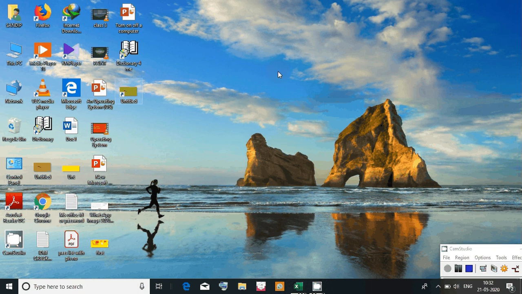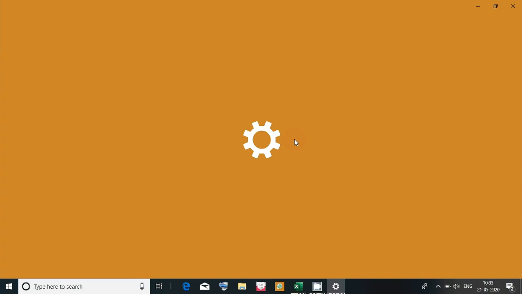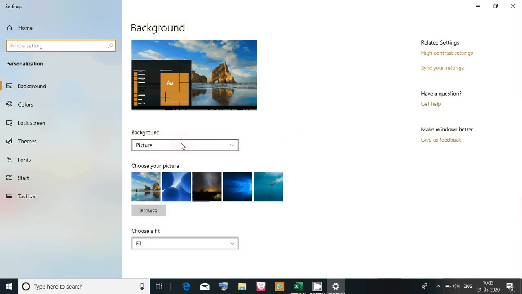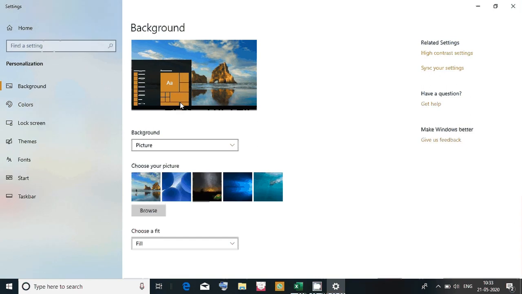Next is the picture that is visible. This beautiful picture in the background is called the background picture or the wallpaper. How can we change or put wallpapers? We right click, go to personalize. So wait for a few seconds. Okay, here you can put a background. It can be a picture, a solid color, or a slideshow. Suppose I choose picture, then you can choose any picture from here, or you can browse online, or browse in your computer. Suppose you have saved a very beautiful picture, you can select it. Suppose I select this. See, now it is changed.